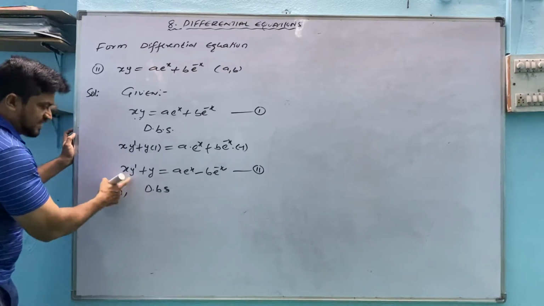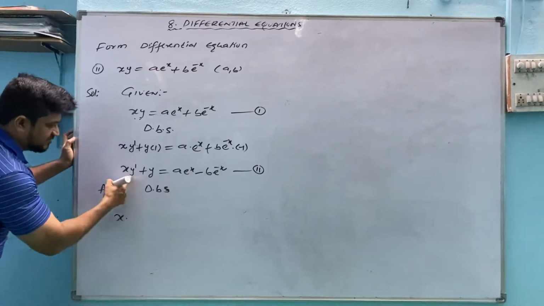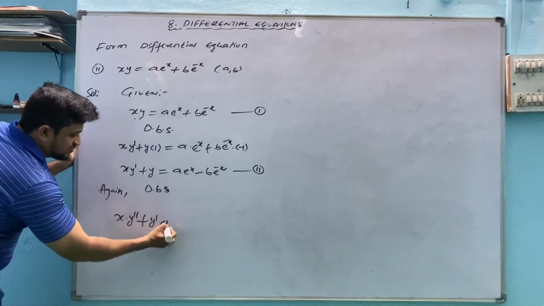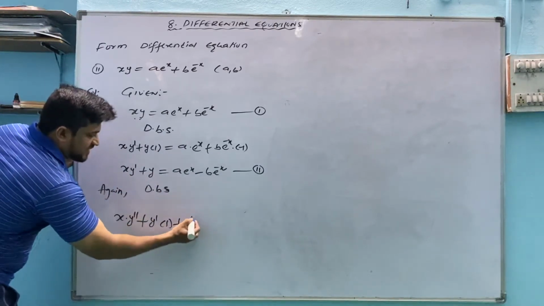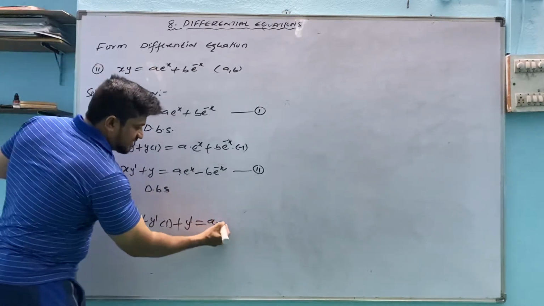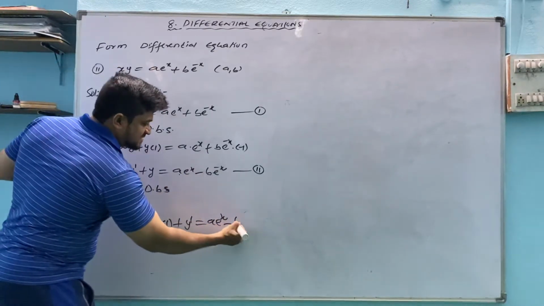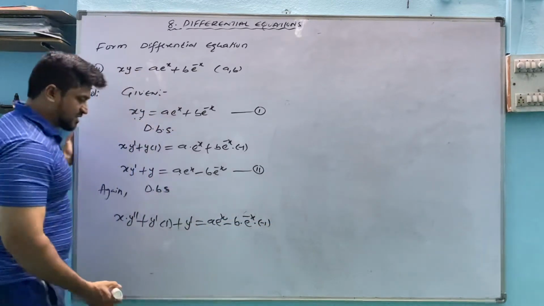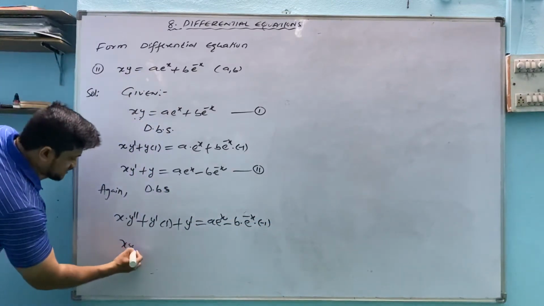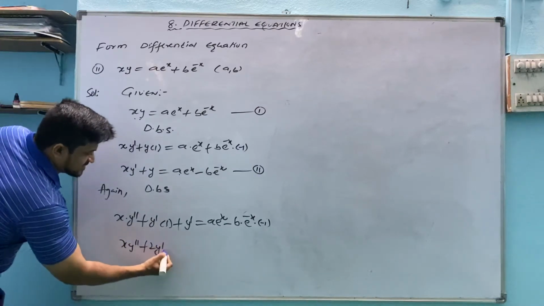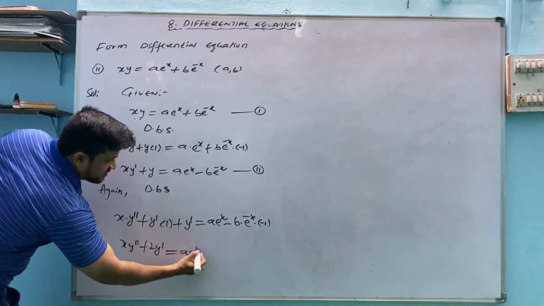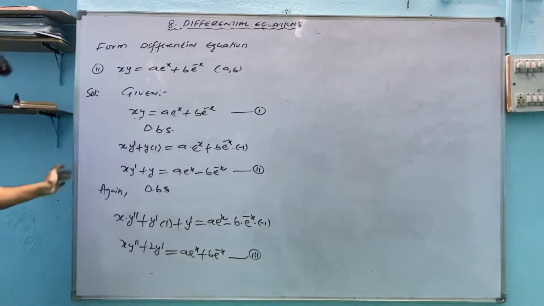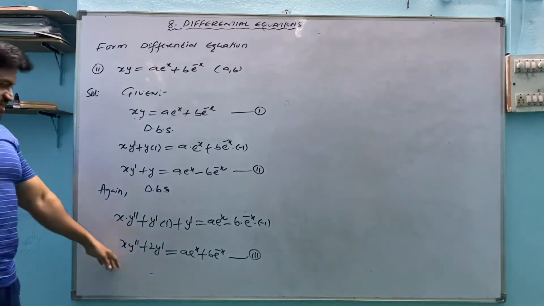Now what will we get? Again the u v form, u derivative of v plus v derivative of u, plus the y derivative is y dash, a into the derivative of e power x is e power x, minus as it is b into the derivative of e power minus x, which is e power minus x into the inner function derivative. So xy double dash plus 2y dash equals a e power x plus b into e power minus x. So we have differentiated, and we got this one.